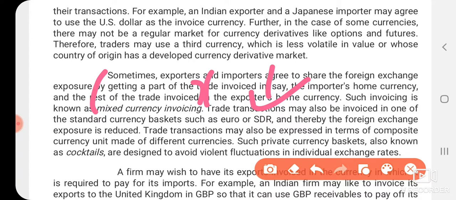The currencies which are in special drawing rights are very high value, the currencies of very developed countries. See here, the basket of currencies like US dollars, euros, Chinese yen, Japanese yen, pound sterling. Pound sterling means nothing but the Great Britain currency. All these currencies are called a basket of currencies. Basket of currencies, we are saying.